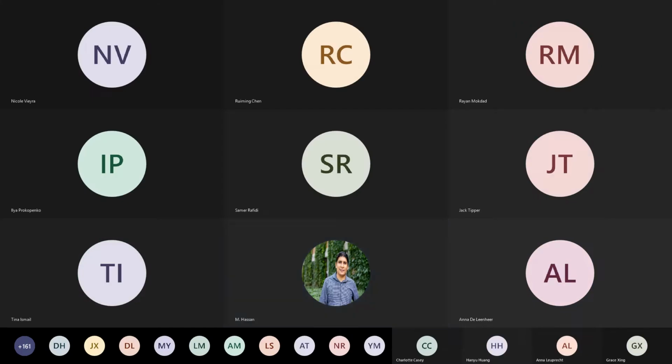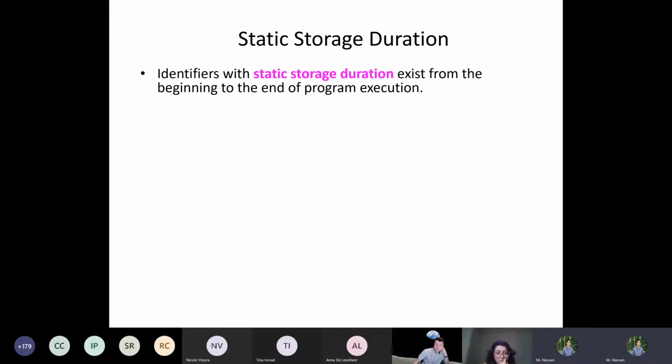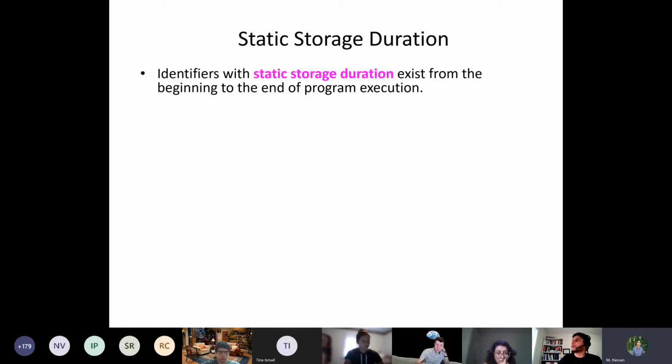Right? So before jumping into the static, I really want to start from an earlier point a little bit. What we discussed last time about the life duration of variables. We said that if you define a variable within a block or within the main or within another function, then this variable will only exist in the memory while this function is being in call, right?